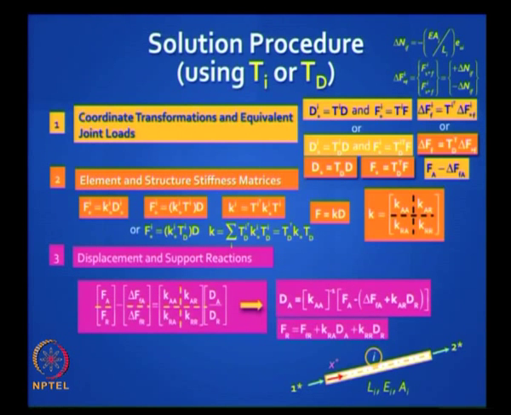Then you apply the basic equilibrium equations. Please note in these equations you have Fa Fr, in this problem Fa is 0 because no loads are given to you, and you have this fixed end force vector which we know how to derive. Substitute those values and you solve for dA, plug in the value of dA and you get Fr.